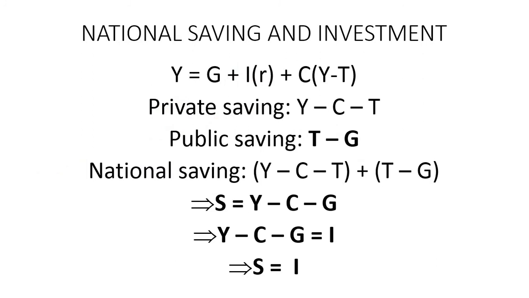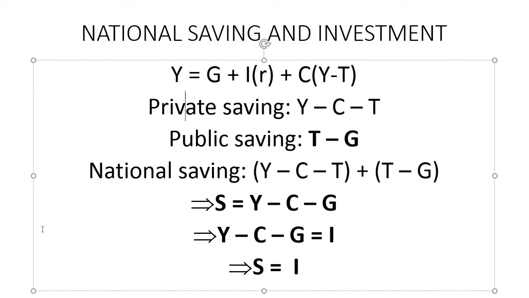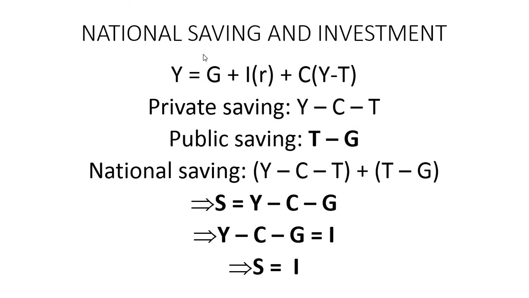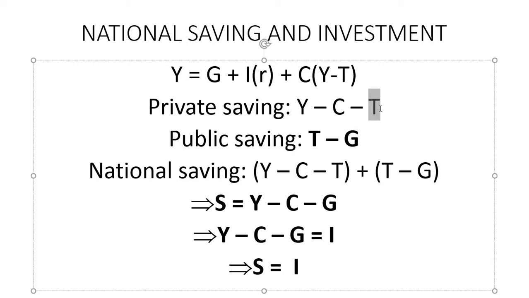Okay, so when it comes to national saving, we distinguish between private saving, what is left after paying all the taxes and financing consumption expenditures, and public saving. So let's start with private saving first. Private saving is described by the formula Y minus C minus T. As I said, basically it is what is left after you pay taxes as a household and